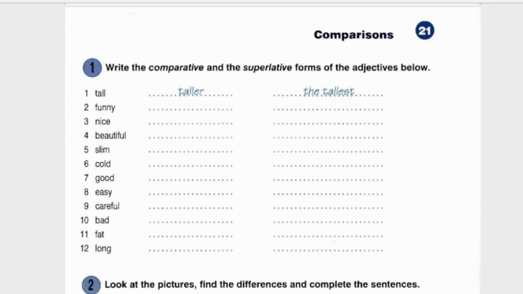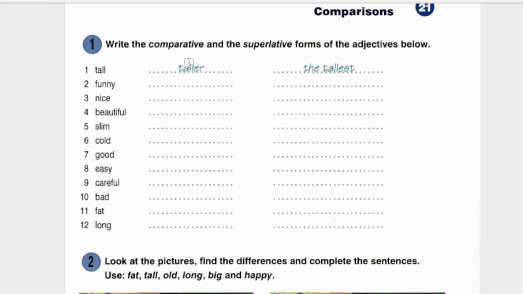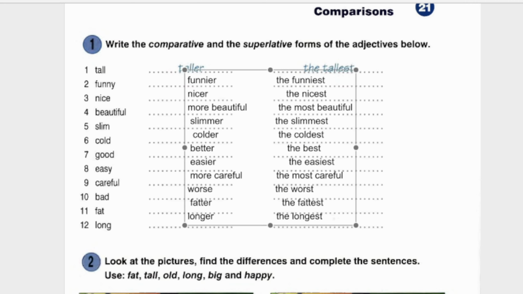Okay, let's do this exercise. Write the comparative and superlative forms of the adjectives below. Okay, let's write it. So the first one, funny, funnier, funniest; nice, nicer, the nicest; beautiful, more beautiful, the most beautiful;